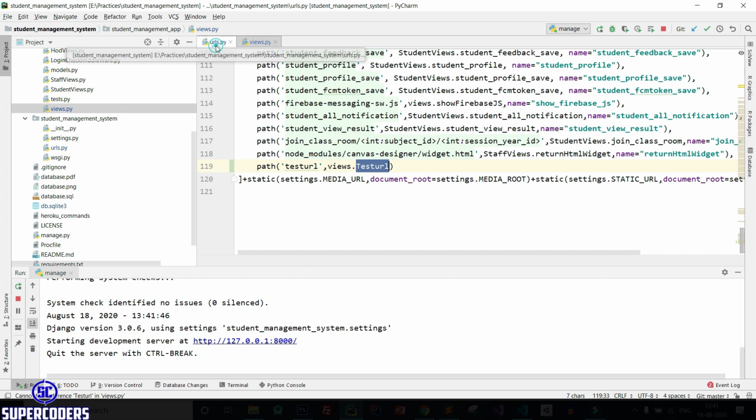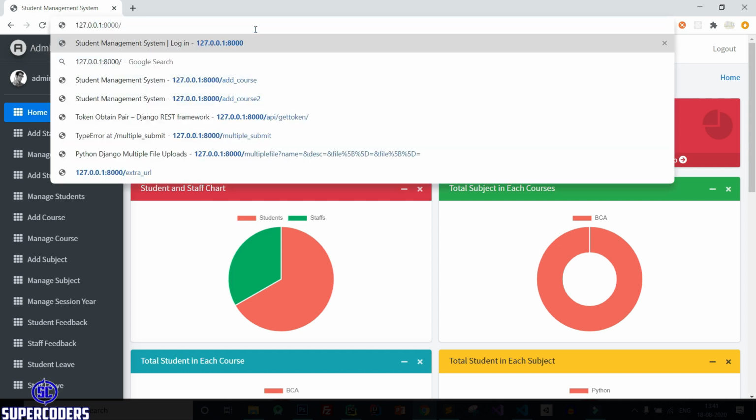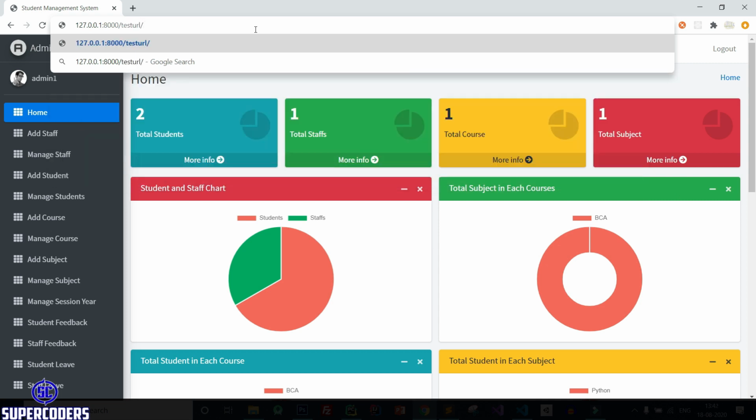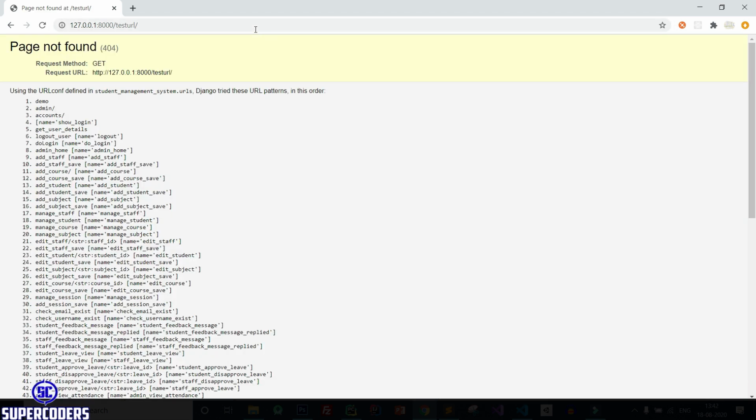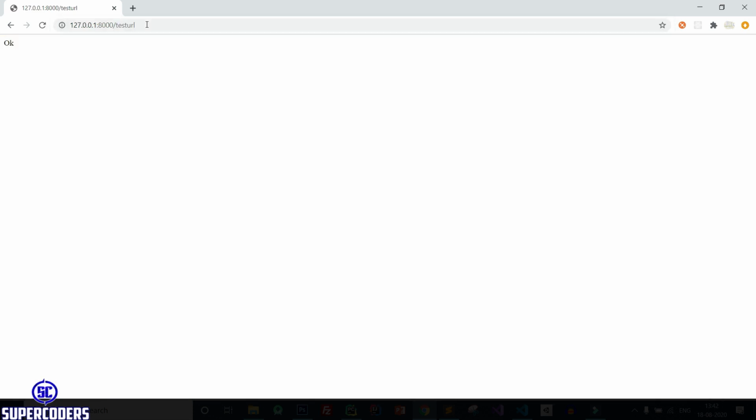Now let's open this URL. Copy it and paste it in your browser. And you can see it shows an error because I added a slash after the URL. If I delete it and open again, it works.